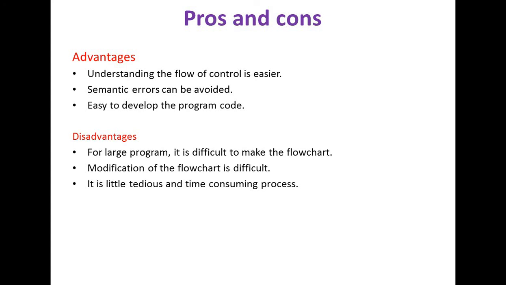Why? Because large programs may have a larger number of looping statements, so the control will transfer from one line to another line. We may have more intersections of arrows, and sometimes we may miss the concept of where the control will be transferred after a step. So those types of confusions will be created. So it will be very difficult to draw the flowchart for large programs, and modification of the flowchart is also very difficult. If it is a coding part, directly we can do any modification and find out, right? Whereas we don't have any such option in the case of flowcharts.